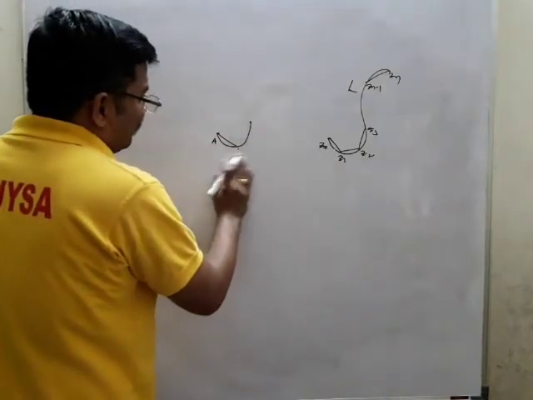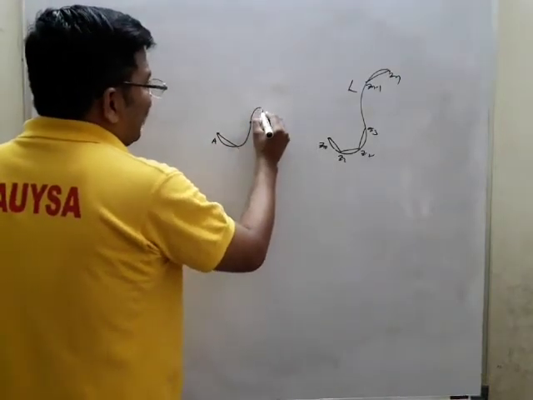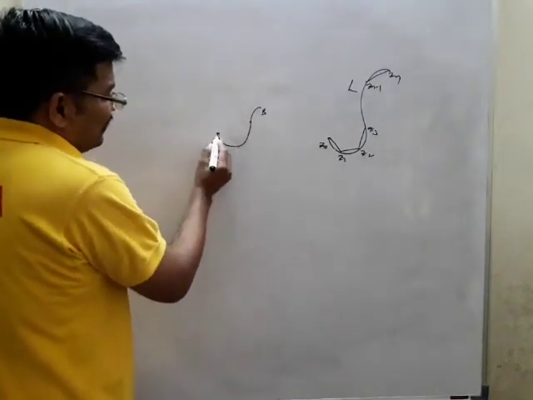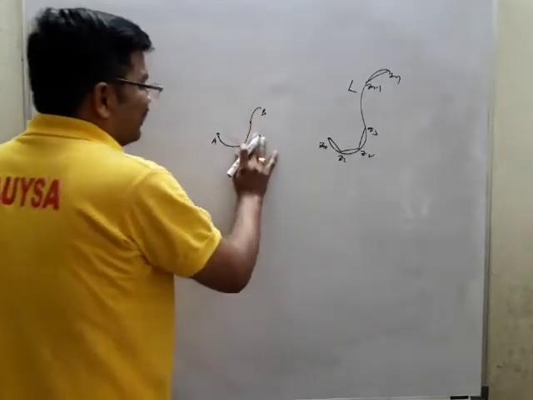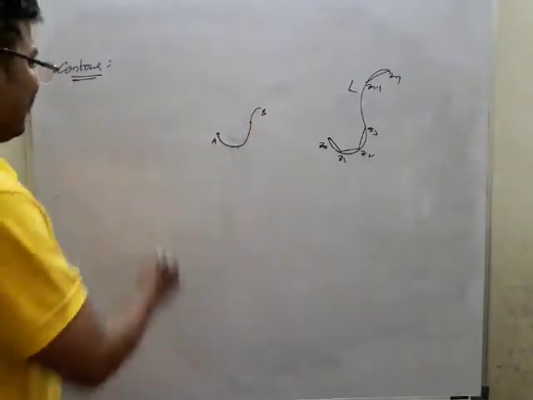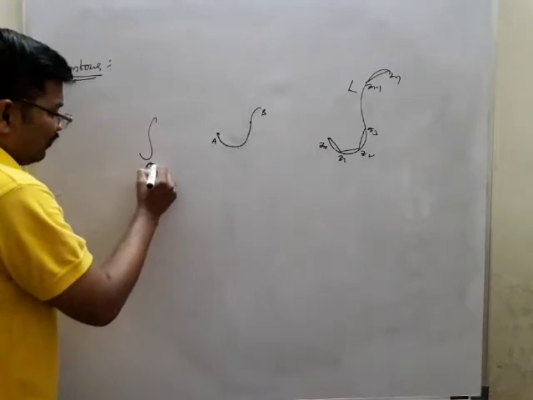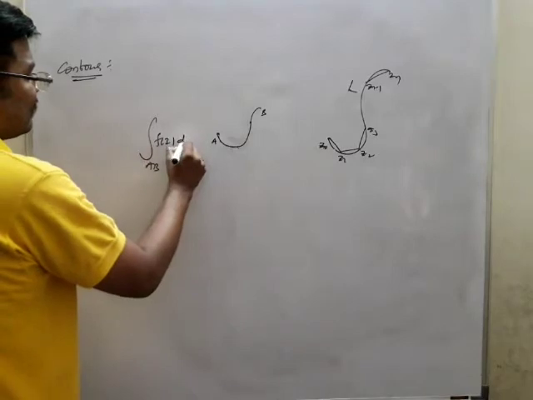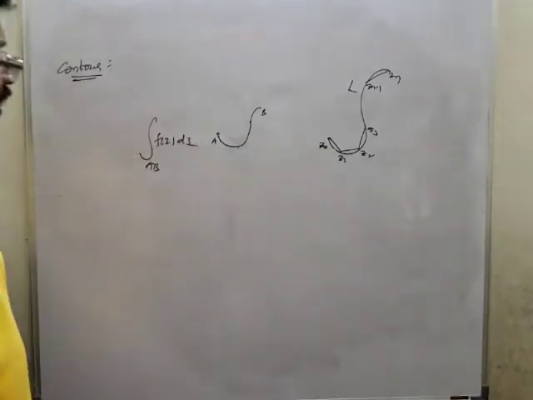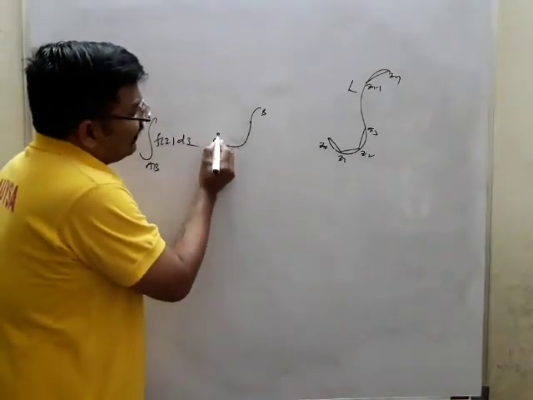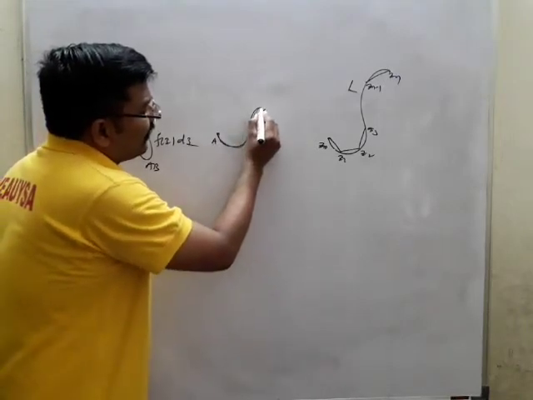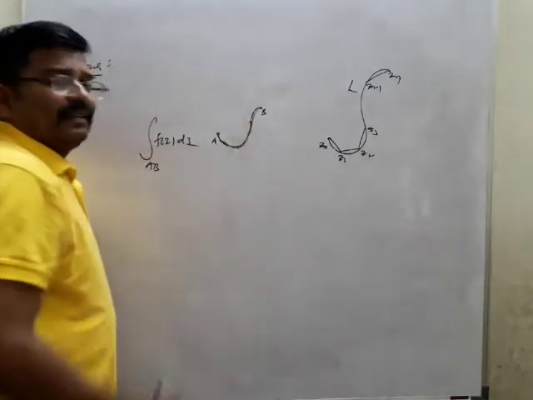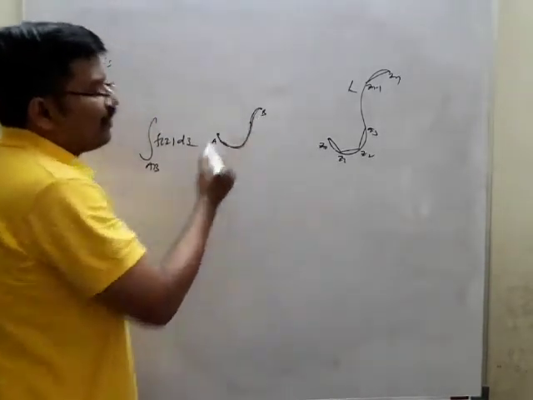Or I may write it like this: it is joined together with another arc B, like this, A to B. If it is joined together, the initial one and the final one, the contour can be taken as the integral from A to B of f of z dz. This is called a contour. The initial point here is joined to the final point over here. You are discussing the arc from A to B, or P to Q, or PQ.